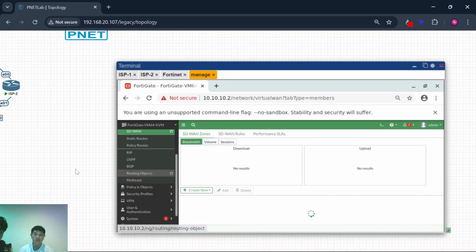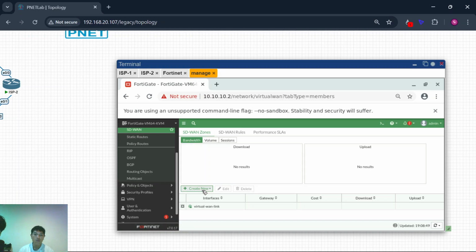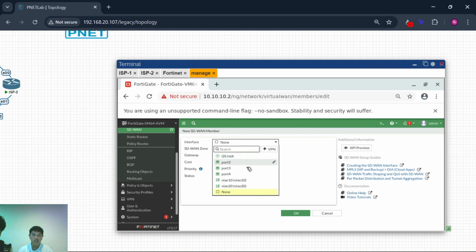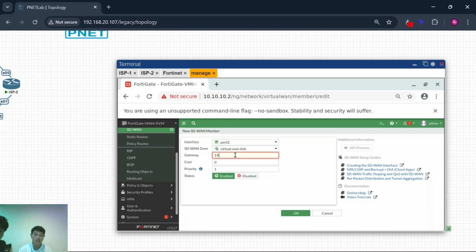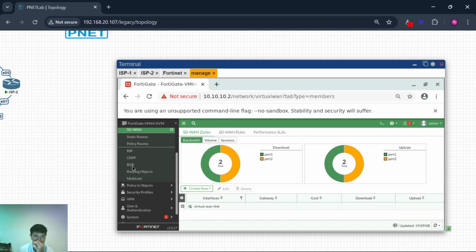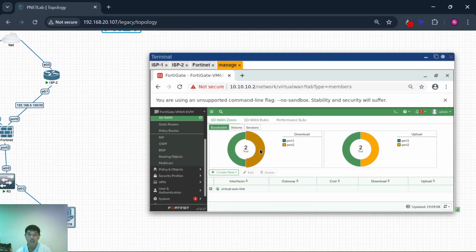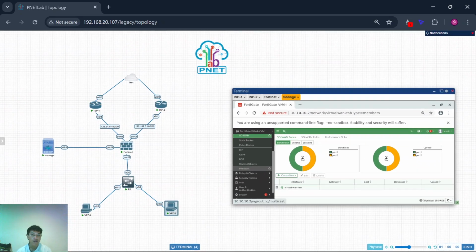Okay, and now create the SD-WAN member for port 2 here, interface port 2, gateway 192.168.0.101. Okay, now you can see the SD-WAN zone has port 1 and port 2 inside.